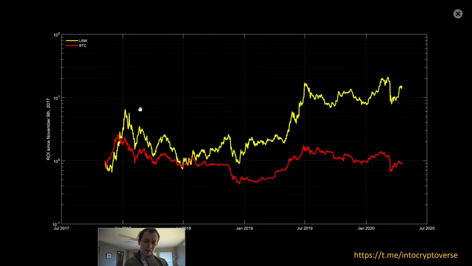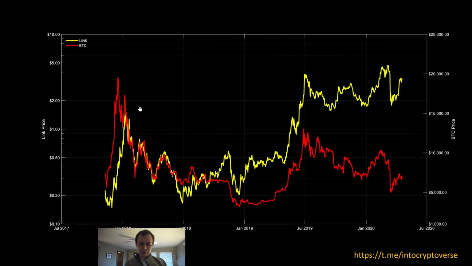So let's look at the ROI. So this is since November 9th, 2017. The reason I chose that is just because that's when I could get the data for Link. So basically starting at this point. Now, is it fair to choose an arbitrary point in time and compare the ROI of two assets? No, it's not. Because before this, Bitcoin has seen